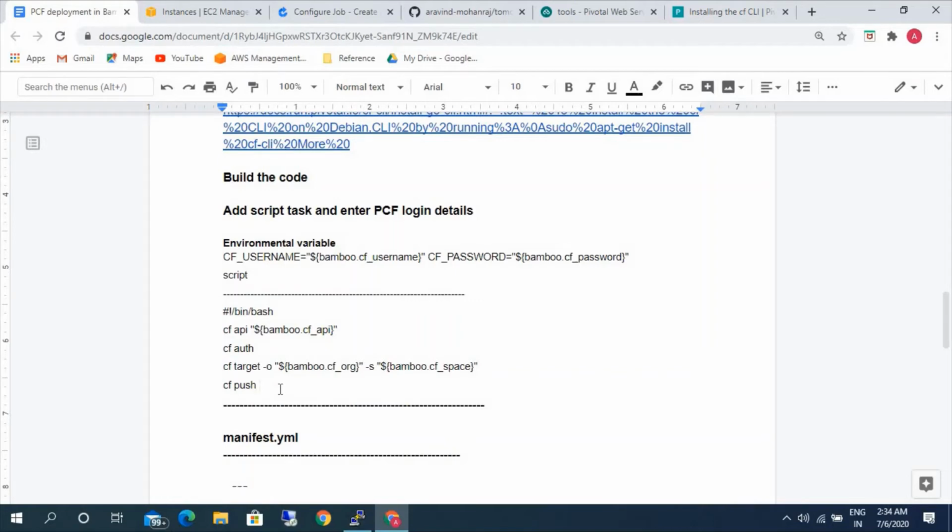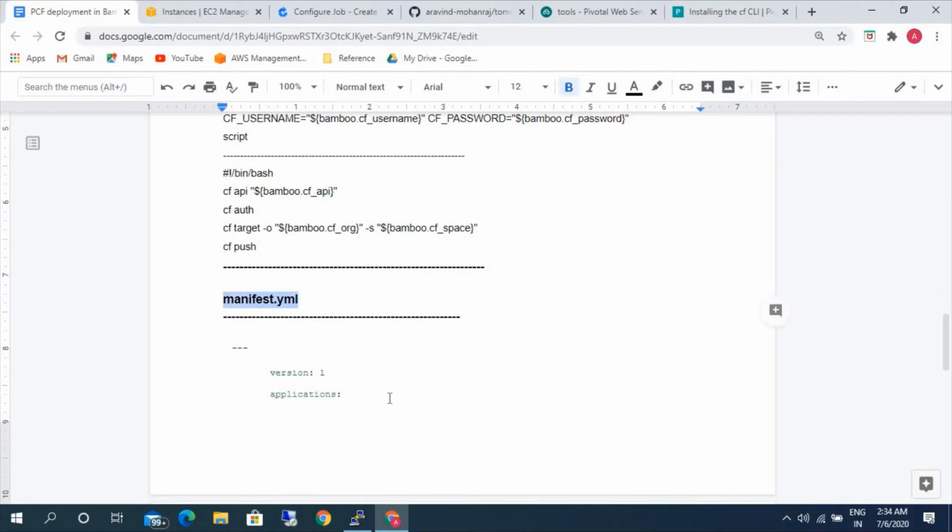We need to remember one main thing. We mention all this information in one particular file, and we store that file along with our code. When our code is downloaded to the Bamboo server, this file is also downloaded and used in the deployment. The file is the manifest.yml file.